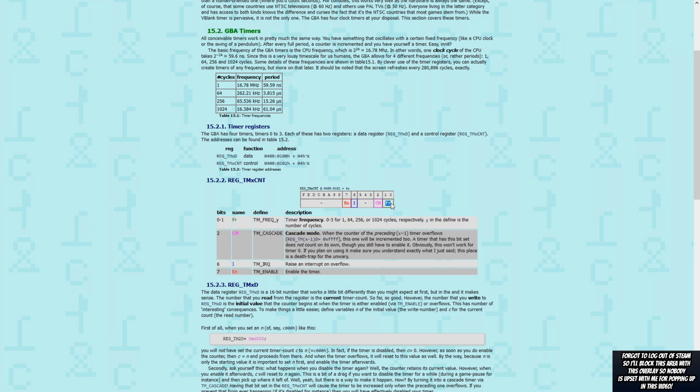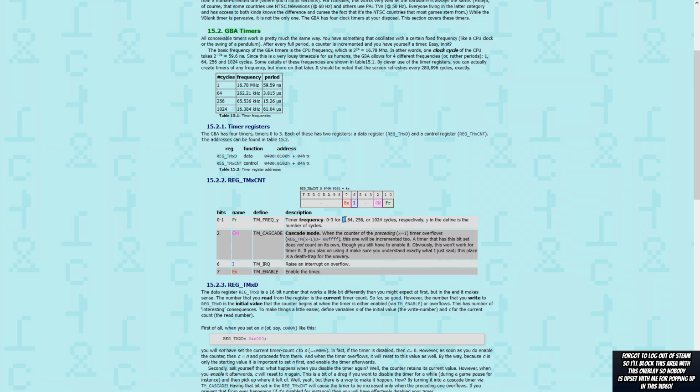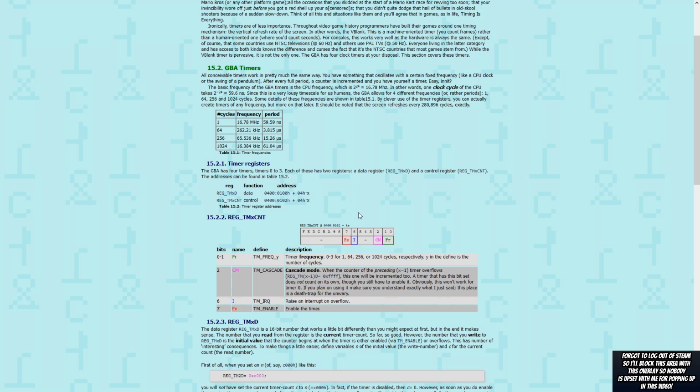The most important part is this value right here, FR, timer frequency, 0 to 3 for 1, 64, 256, or 1024 cycles. And this is what is pointed out in that ancient thread: apparently the timer increments once every 256 cycles, but that is not true. As you can see, 0 to 3, so this is 0, 1, 2, 3, and as I've just shown you, we have 0, 0 here, which is binary for 0, right? And that simply means we are on setting 1, and setting 1 simply means we increment once